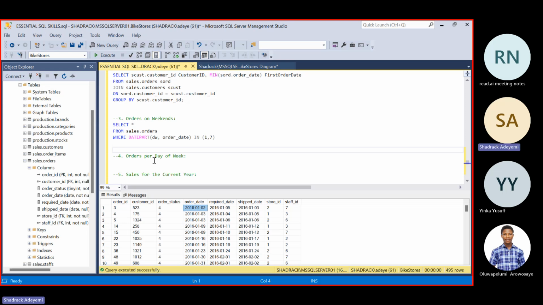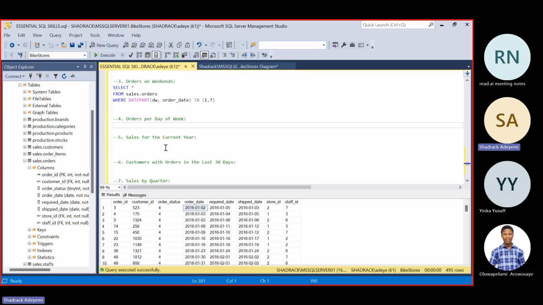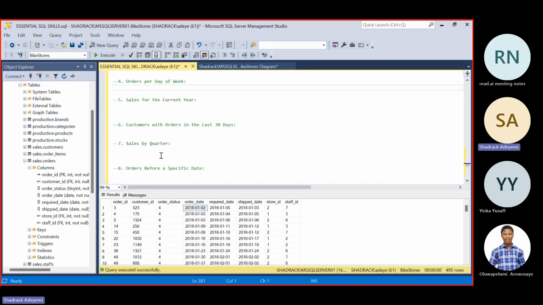Or should we go ahead and try to answer another date question before I do subqueries? Maybe we should do quarter. Maybe the next question I'll ask us is how we can solve it.